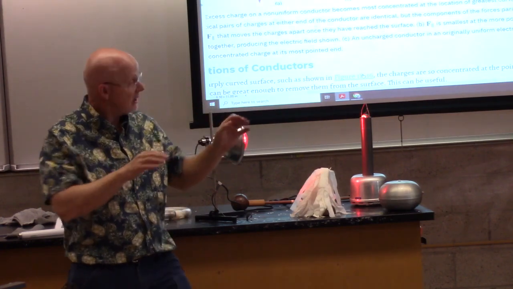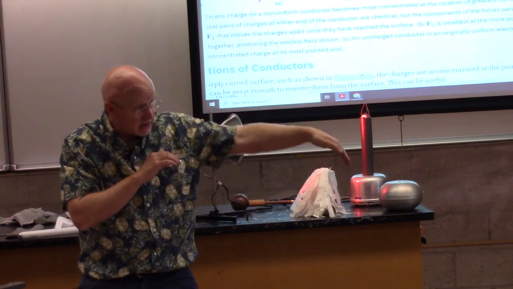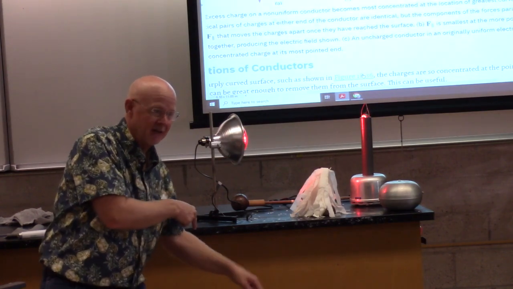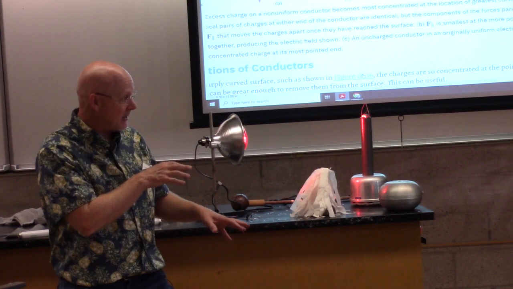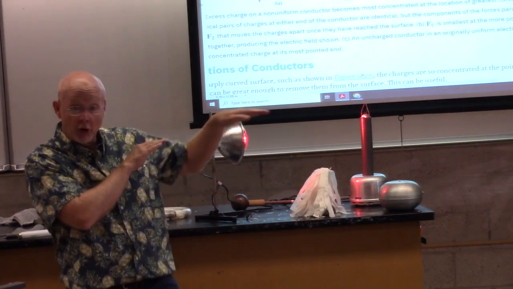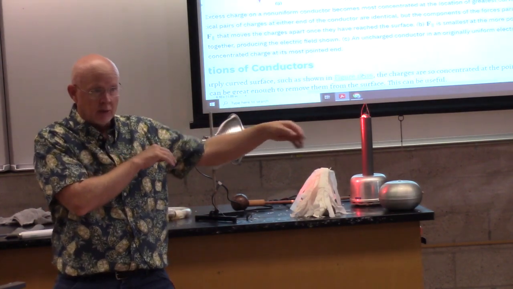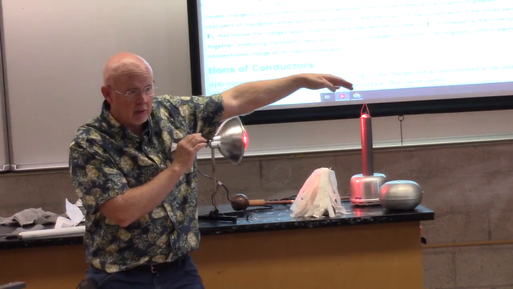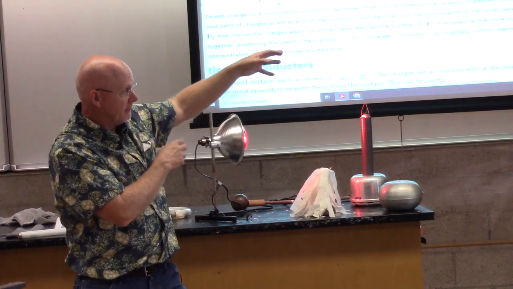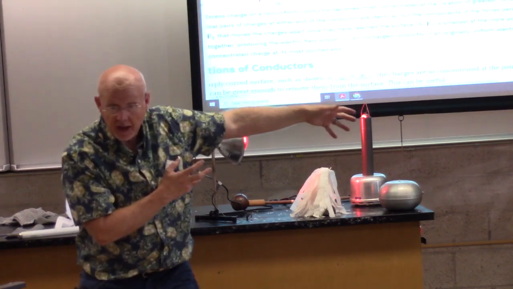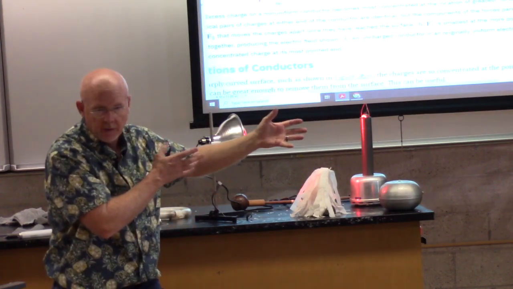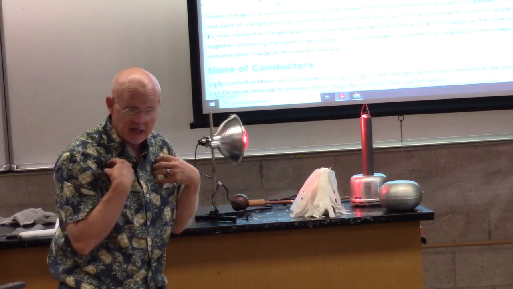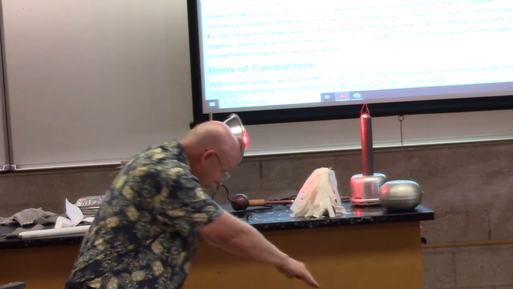But what's interesting is if it's a curved surface and the field does not go into the conductor, once you go beyond what I'll call the horizon, so if you were to get on a boat and sail over to Japan, you don't have to go that far, but go all the way to Japan, there's no way I can see you. There's no way my electric field can penetrate you. The only way my electric field can have an influence on you is if I went through the Earth,